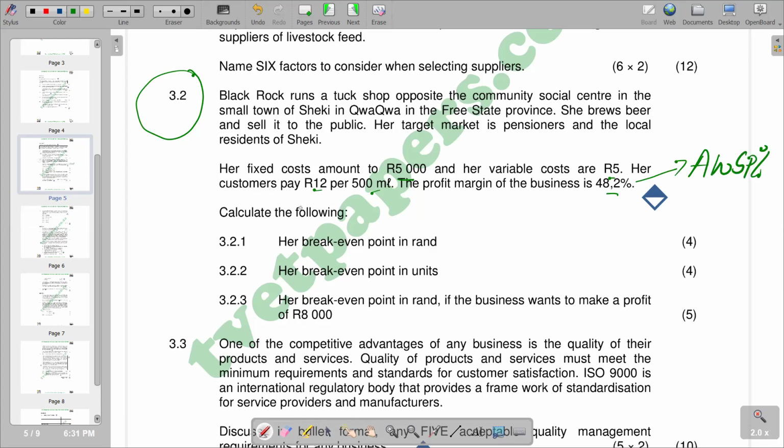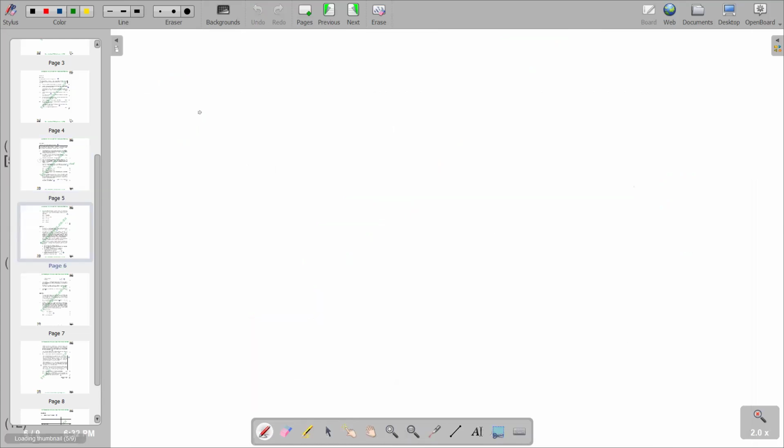Given the question, calculate the following. The first one is calculate the break-even point in rands. We are going to start by putting down the formula for calculating break-even point in value. When it says in rands, it means we are going to calculate it in value. Remember, we calculate break-even point in units and also in value. So within the context of 3.2.1, we are going to calculate it in value. So we put the formula down: 3.2.1, break-even point in value